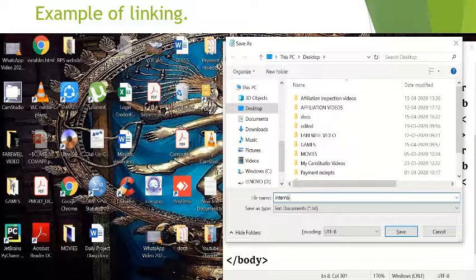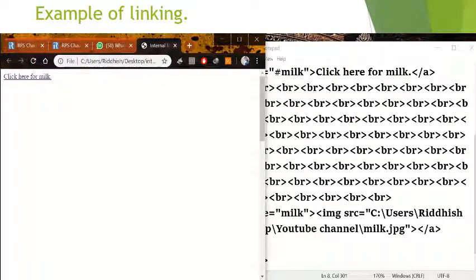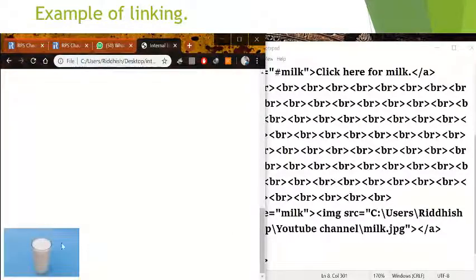Internal. So this is our document. Click on it, and you'll be able to see, click here for milk. The milk is nowhere to be seen. You see this scroll bar over here. You can read the whole web page, in this case it is empty, or if you simply click here for milk, you will be directed to the bottom of the web page